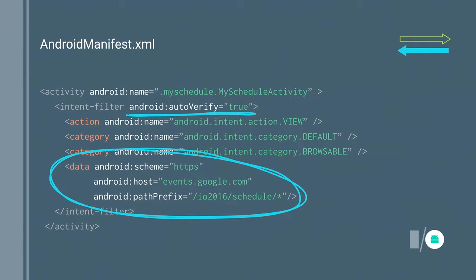And also, if you add this attribute, what you'll actually get starting from Android 6.0 Marshmallow is that your app will be set as the default handler for these types of URLs right when it's installed. So that means that even the very first time a user taps on one of your URLs anywhere on their phone, be that a messaging app or the web or anywhere, they'll be taken straight to your app, and they won't get this disambiguation dialog that you might know that will ask you, do you want to open this in a browser or in this app? So that's another great benefit you get there.